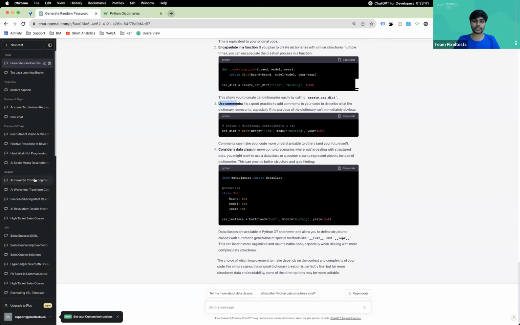Let's say you have some code at your disposal, you can go ahead and improve the code as well. So this is something that people do not use ChatGPT for. They just look at